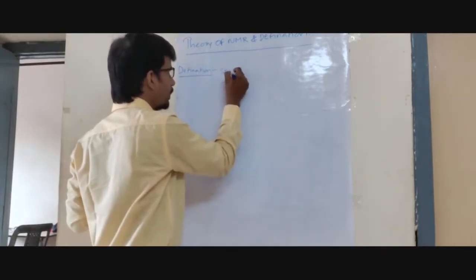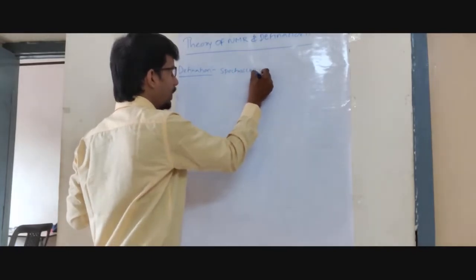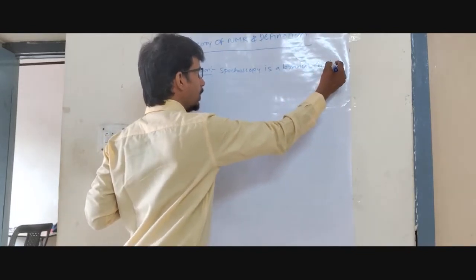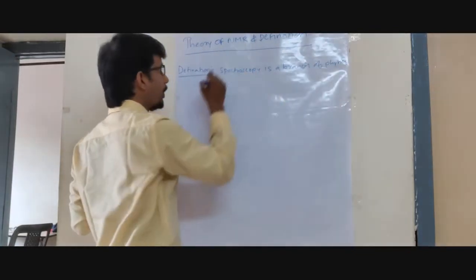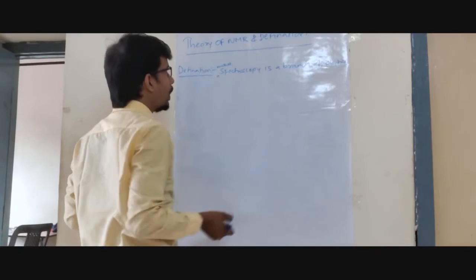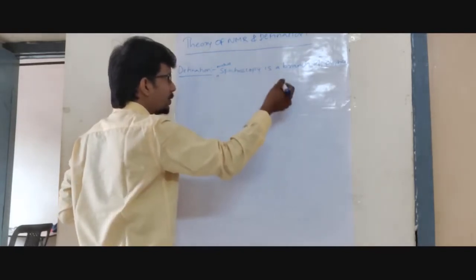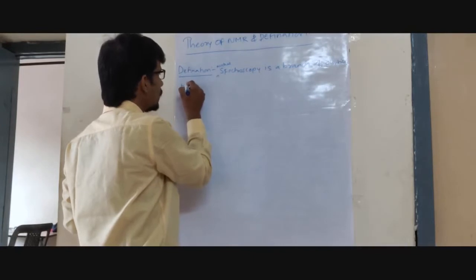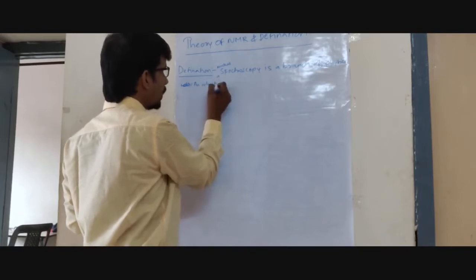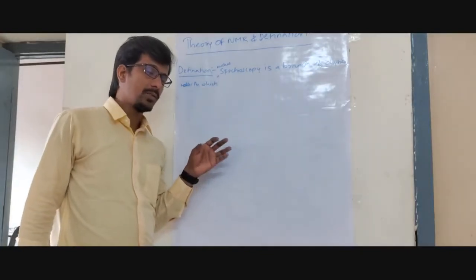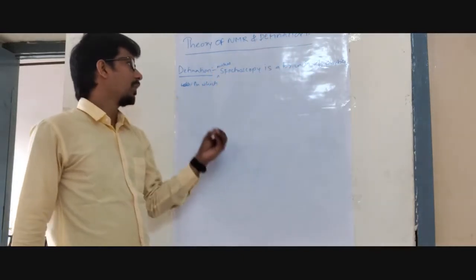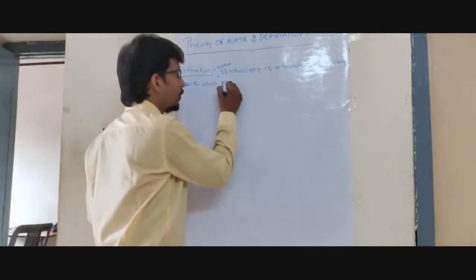So here, spectroscopy is a branch of physics. Here NMR, or nuclear magnetic resonance, is a branch of spectroscopy or physics which deals with, or in which, you can write, in which radio frequency waves. Please note what nuclear magnetic resonance stands for. Nuclear magnetic resonance is a branch of physics or a branch of spectroscopy. Understood? In which radio frequency